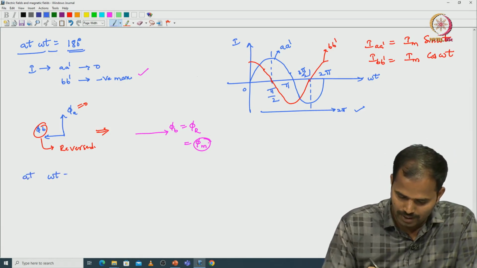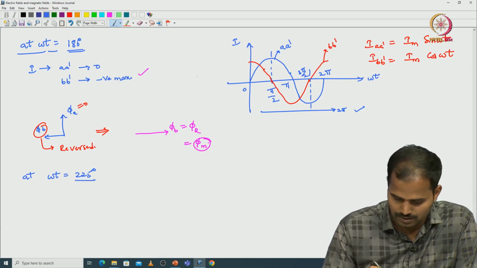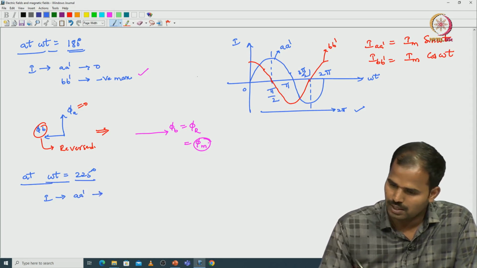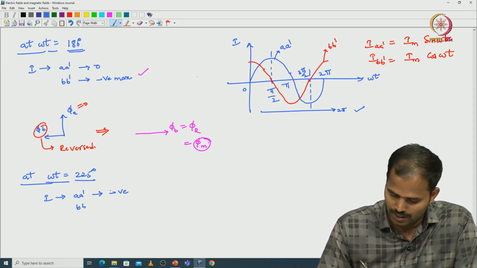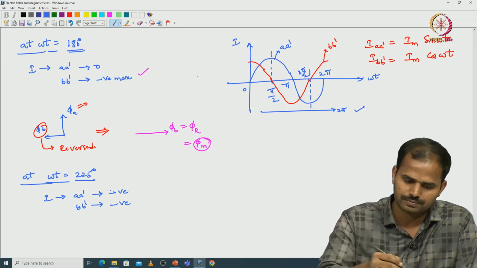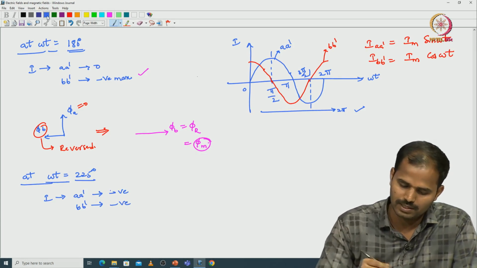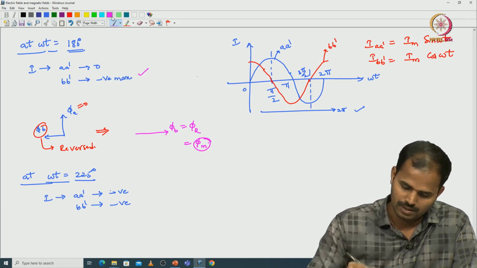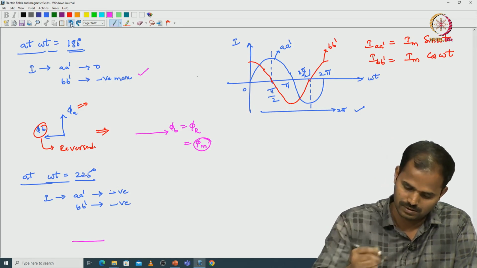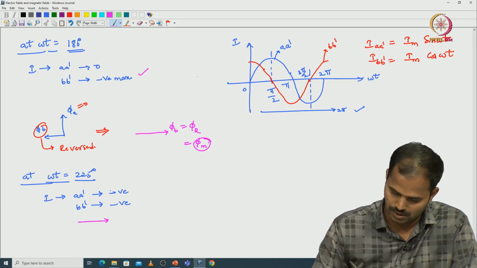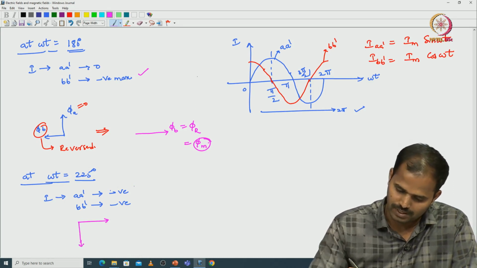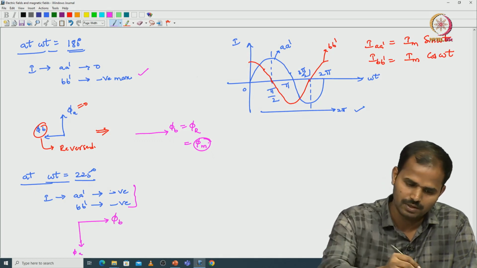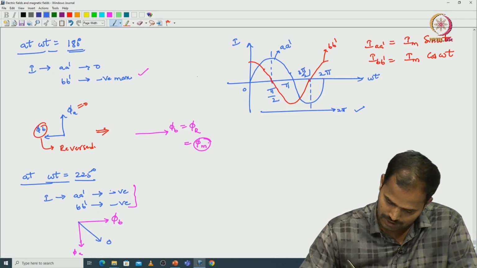At omega t equals 225 degrees, current to the coil A dash is negative, B dash coil also negative. So, for simplicity we can analyze with respect to our vector analysis. Phi b is in this direction and phi a also reversed, right, with respect to the currents. So, this is phi a and this is phi b, then the resultant vector now in this direction,